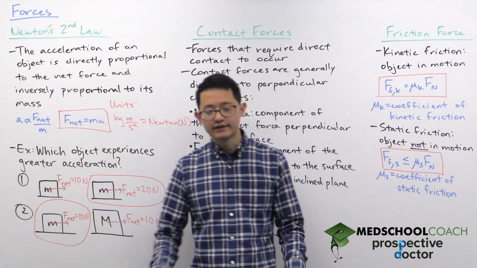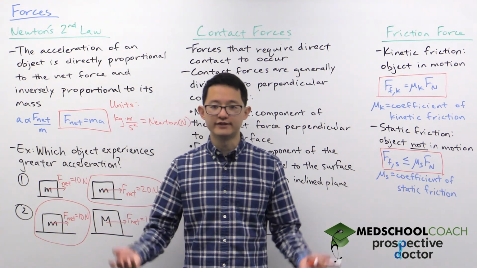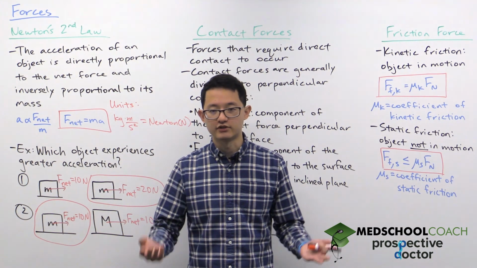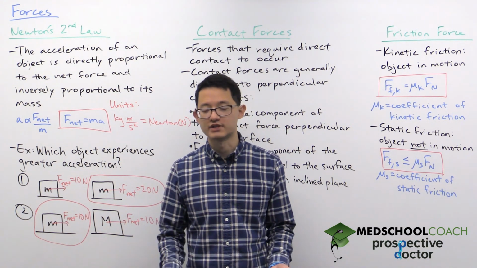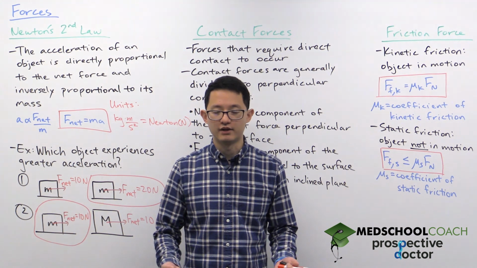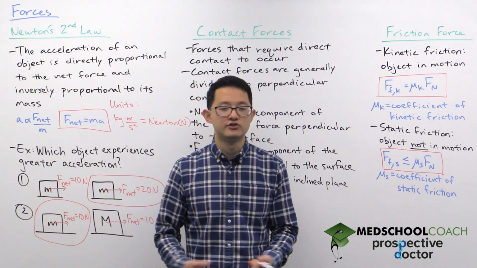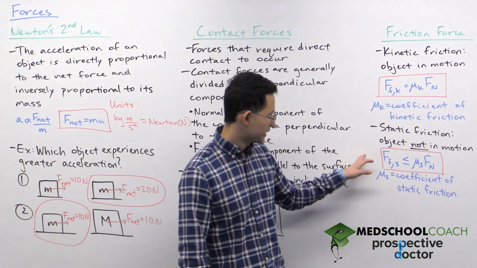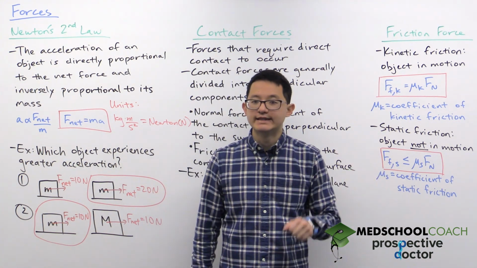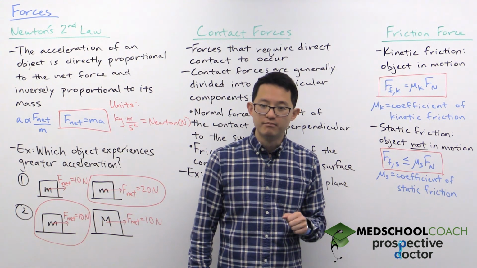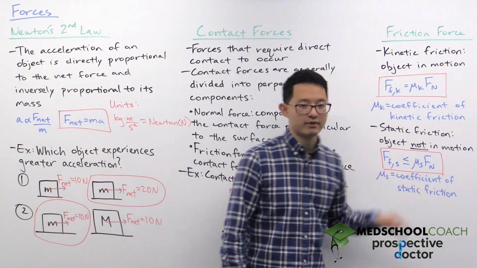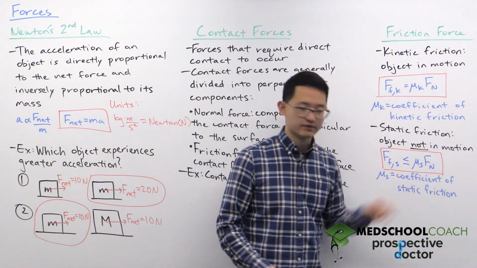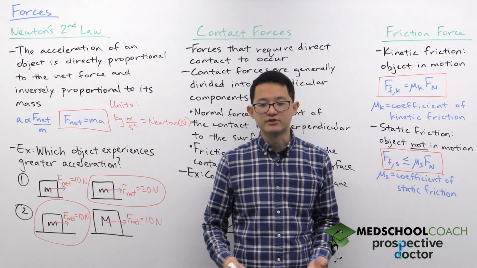However, if you get tired and now you only push with a force of 30 newtons, the box doesn't have to exert a static friction of 50 newtons anymore. Now it only has to apply a force of 30 newtons to cancel out the force that you're applying. So essentially the static friction is as much as it needs to be to prevent motion, though there is an upper limit. So if you apply a force greater than the maximum force of static friction, then your object will